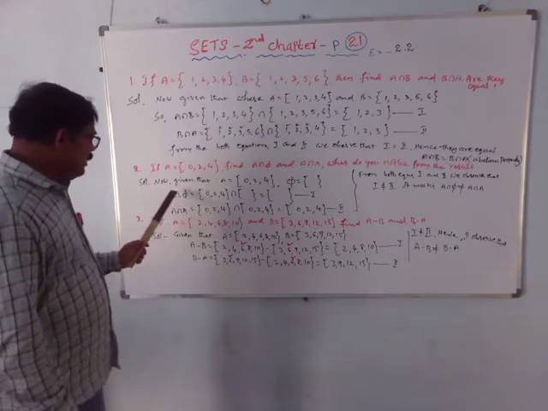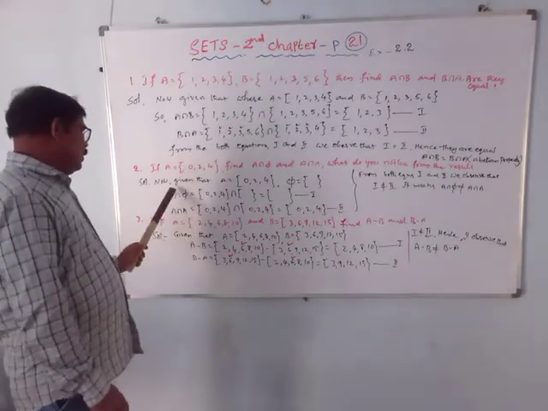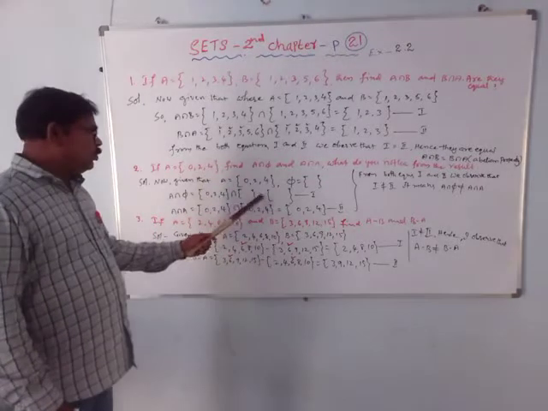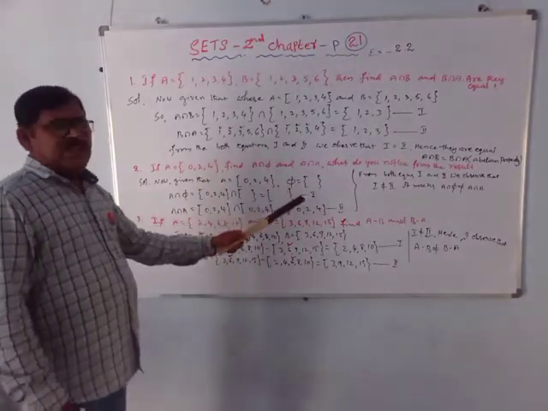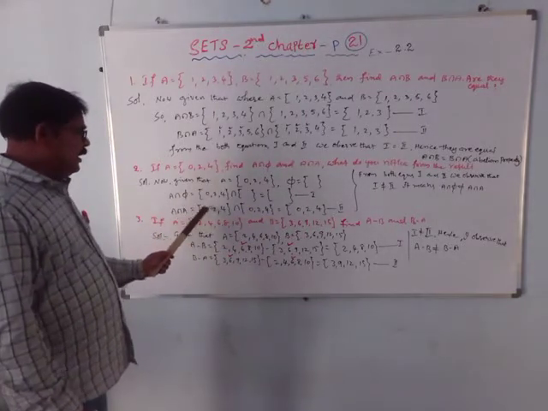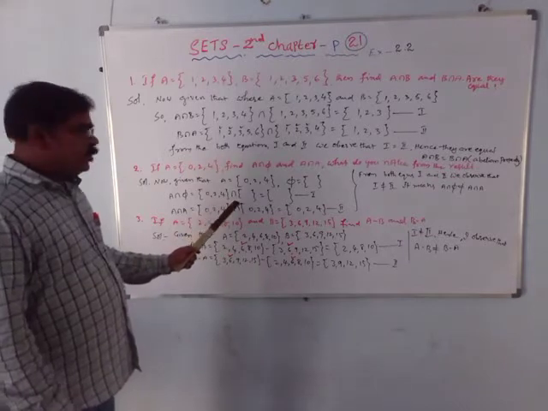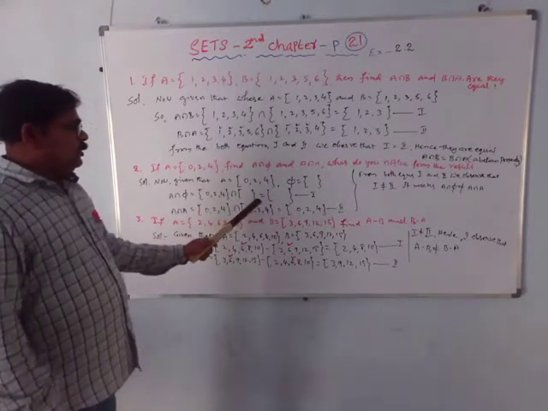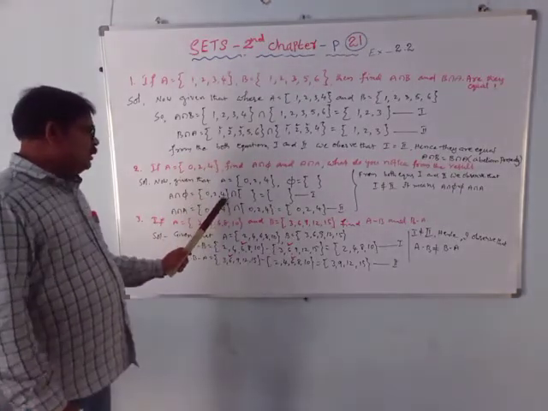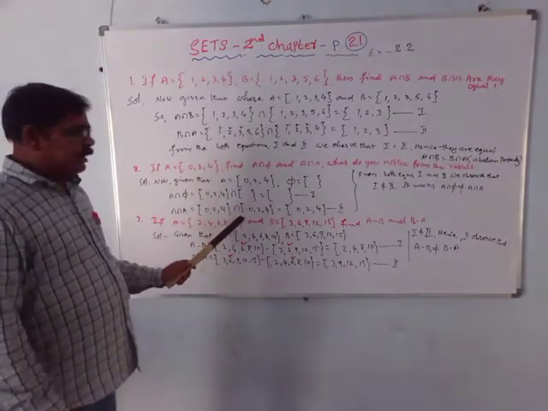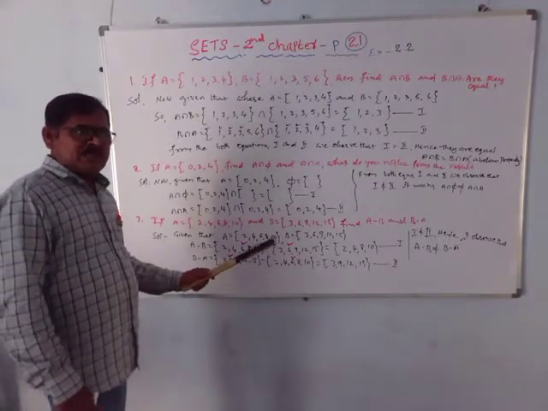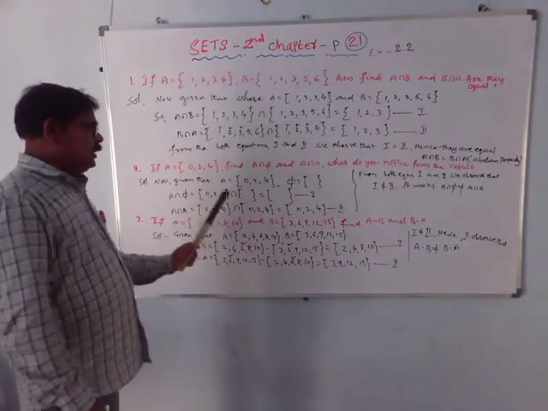So I am solving it in this way. Now the given set A is equal to the set {0, 2, 4} and the empty set is the null set. I am finding the intersection with the empty set: {0, 2, 4} intersection the null set. Here there are no common elements in both sets. Then the result is the empty set. It means the null set.